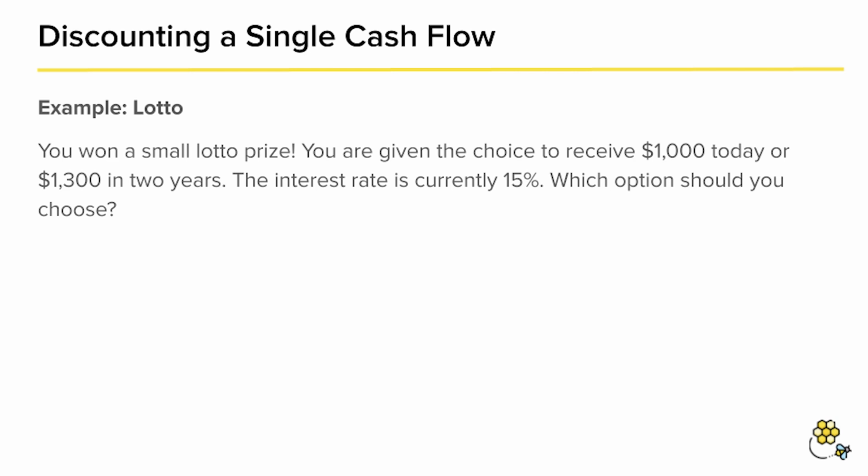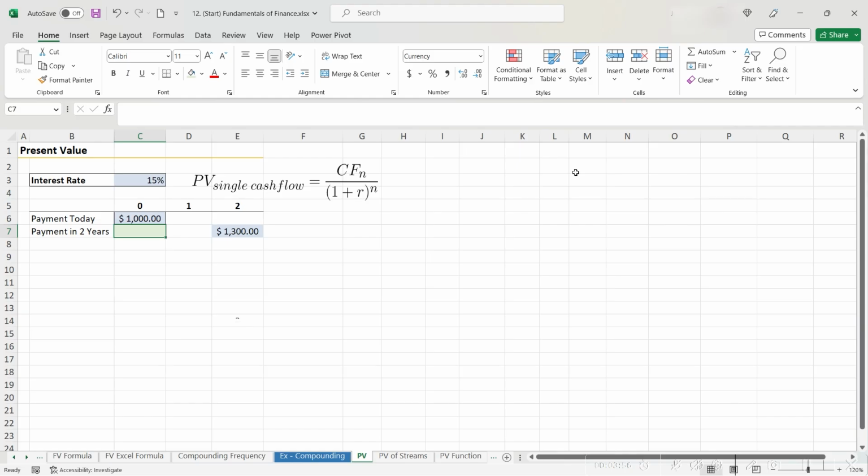Okay, here's the problem translated into our Excel spreadsheet. You can either take that $1,000 today, or at time 0, or you can take $1,300 at time 2. Our goal is to calculate the present value of our future cash flows and compare them in this leftmost column. For the first option, if we take $1,000 today, no calculation is actually needed. This is because the present value of any cash flows received today are just the amount of those cash flows,